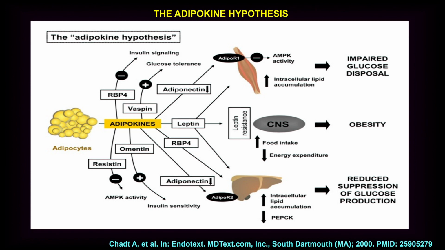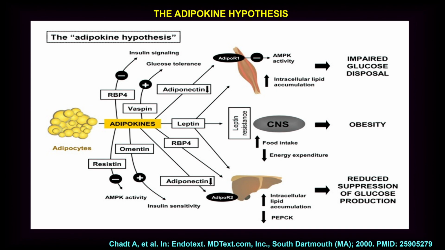Things like adiponectin work on the periphery through the AMP kinase pathway. It also works on the liver to actually help in glucose disposal, suppresses gluconeogenesis. So adiponectin, leptin, they're good guys. Things like resistin have an opposite effect. So adipokines have both good and bad effects. There are new ones coming every day. Vaspin, visfatin, so many are there. Some of them have insulin sensitizing action. Some have insulin resistant action. So depending on the amount of fat and which ones get upregulated, this is genetically programmed as to which one comes out and thus produces insulin resistance.